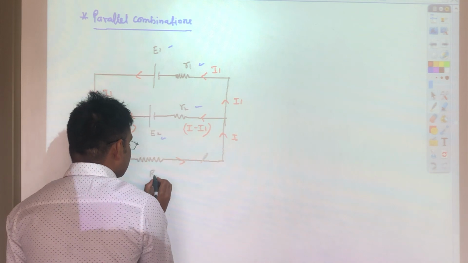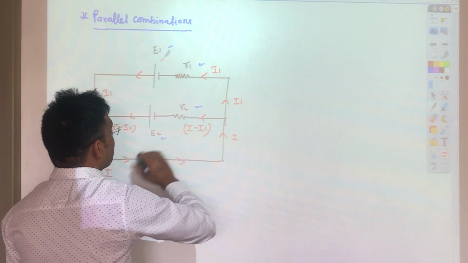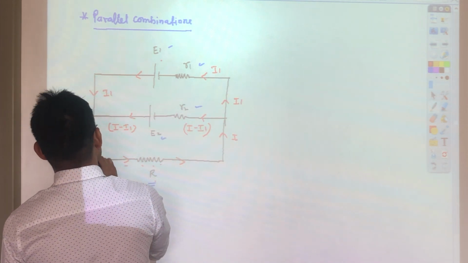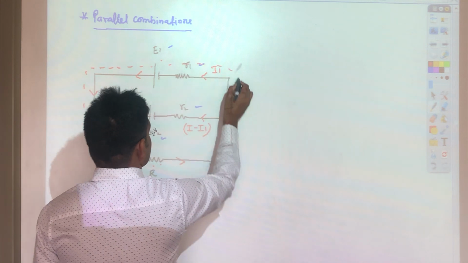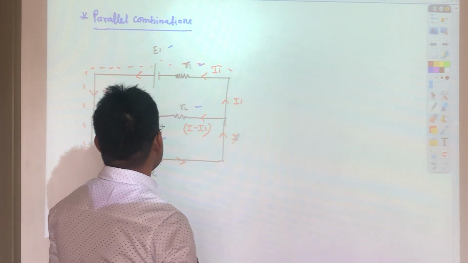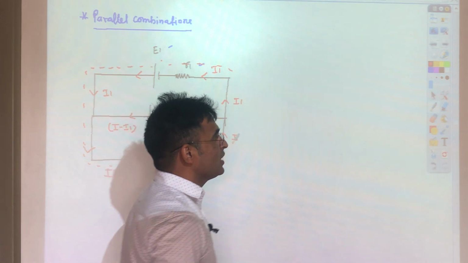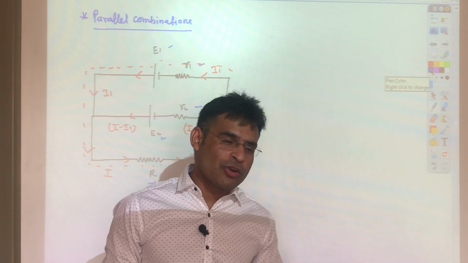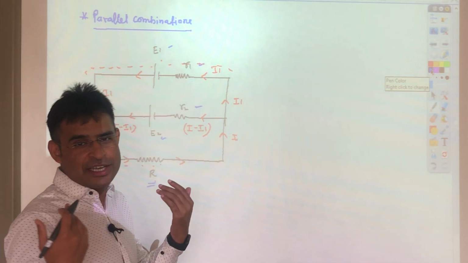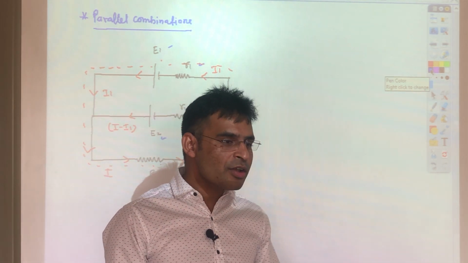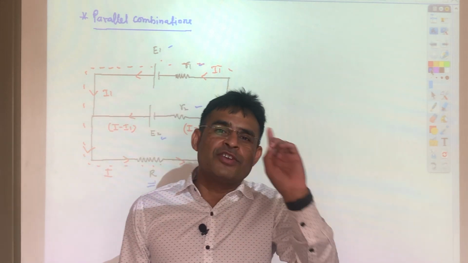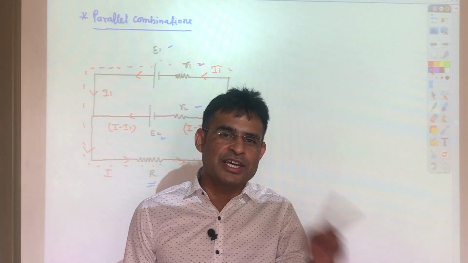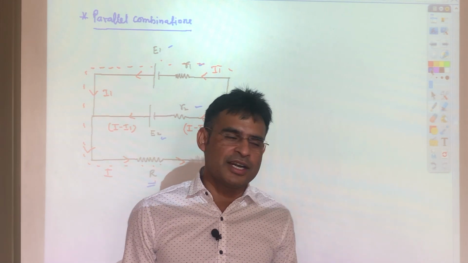It will contain resistor R, E1 and R1. I'm talking about the upper part of this circuit, this dotted line, like this upper part. If I apply Kirchhoff rule, I am moving clockwise, and you are free to move clockwise or anti-clockwise. Same sign convention I use as I told before. In battery, if I first enter at positive, I will write positive, otherwise negative. In case of resistance, same direction of current, positive I into R; opposite direction of current, negative I into R.